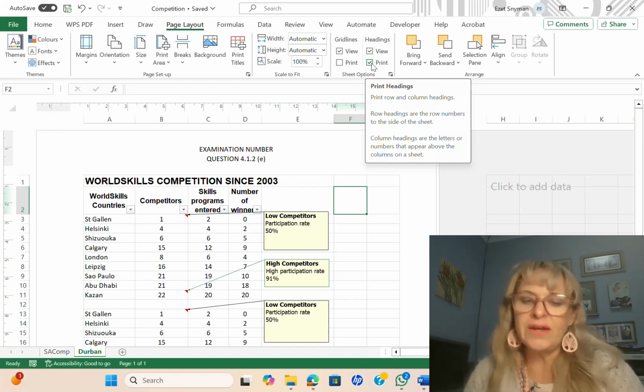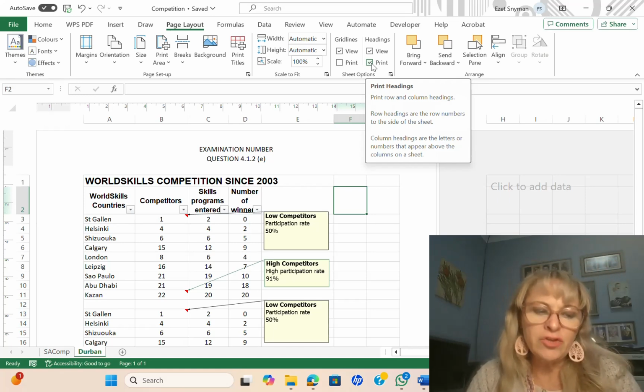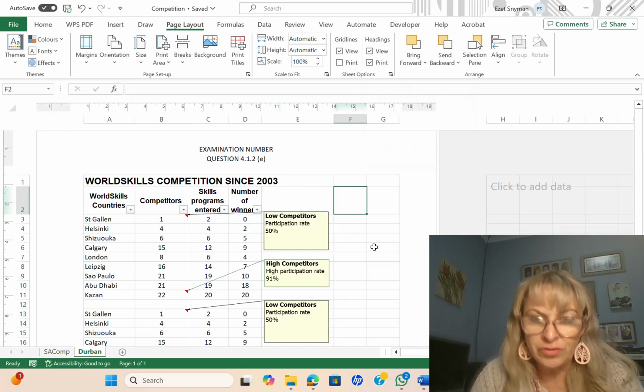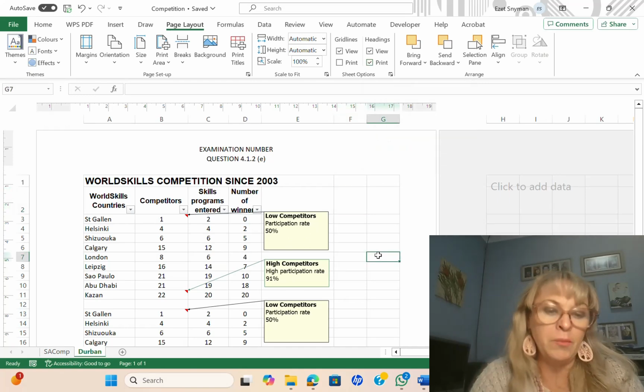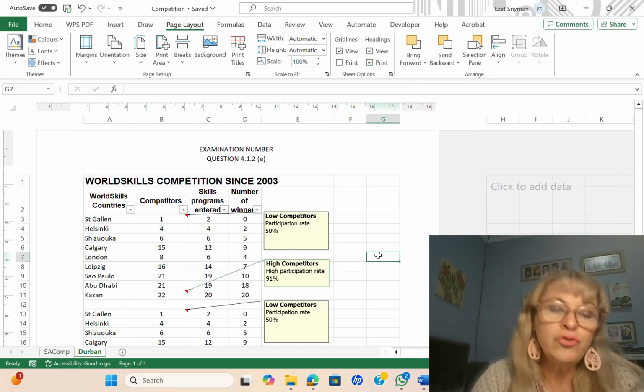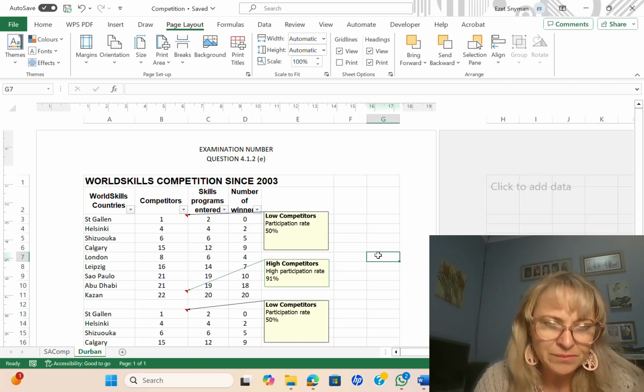Okay, now G says sort the range A2 to D11. So we are still on the Durban worksheet according to the competitors, and they want you to do it from smallest to largest, and then by number of winners from smallest to largest.